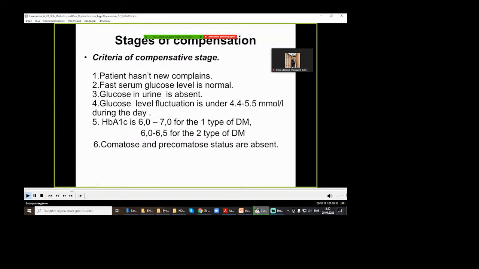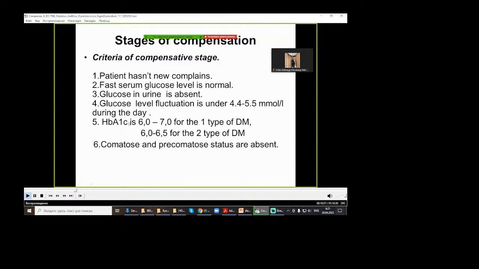Diabetes mellitus is also classified by stages of compensation. There are two stages, compensative stage and decompensative stage. Criteria of compensative stage are: patient hasn't new complaints, fast serum glucose level is normal, glucose in urine is absent, glucose level fluctuation is from 4.4 to 5.5 millimole per liter during the day, and the most important